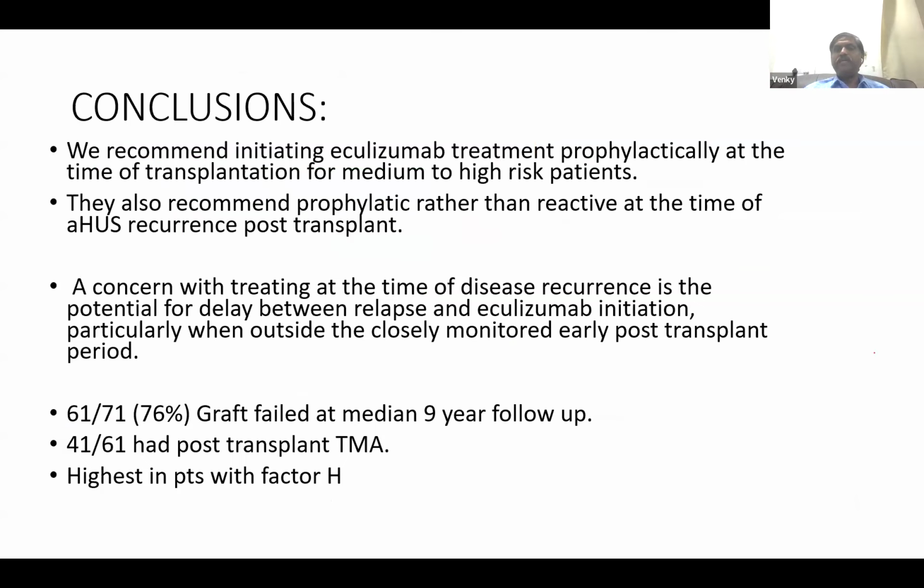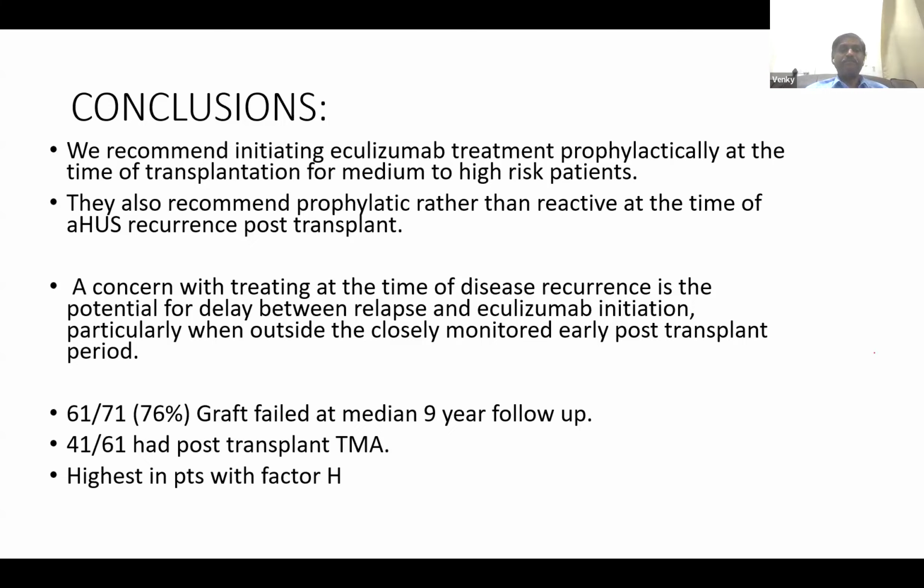This was predominantly followed by the Dutch, which will be discussed subsequently. But this group felt that there is a concern with treating these patients at the time of recurrence: there can be a delay in eculizumab initiation. There can be a delay in diagnosis. Initially, when the transplant is there, patients will come regularly. But late TMA recurrence can be missed when you go for a reactive eculizumab. Similarly, when you give eculizumab early in the process of TMA, the response has been documented to be much better